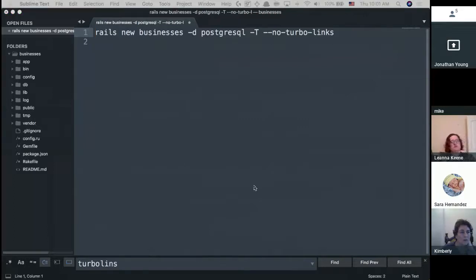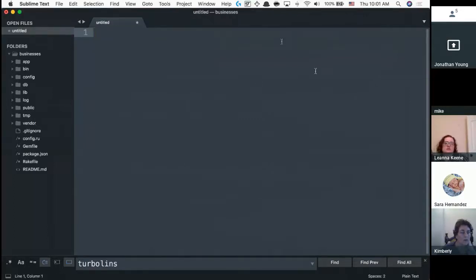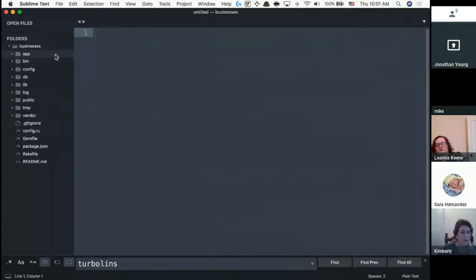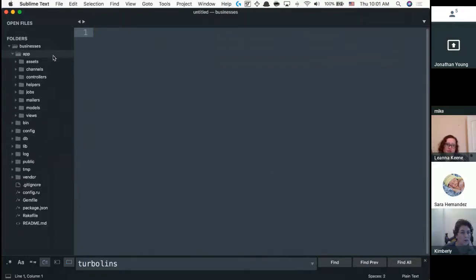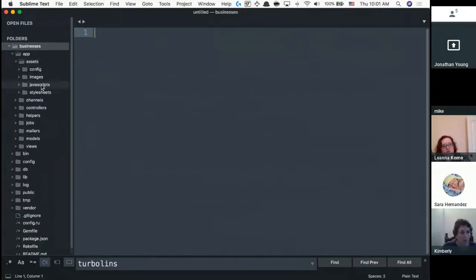So here's what we get in terms of just setting everything up. Again, you're not going to need to know all these different files today, but just to have some semblance of an idea of what's going on. Starting from the top, we have app. App includes most of the main meat of what we need. I don't know how to make this slightly larger, sorry. Under app assets, this is one place that we hold all of our JavaScript files, all of our CSS files, all our images and things of that nature.